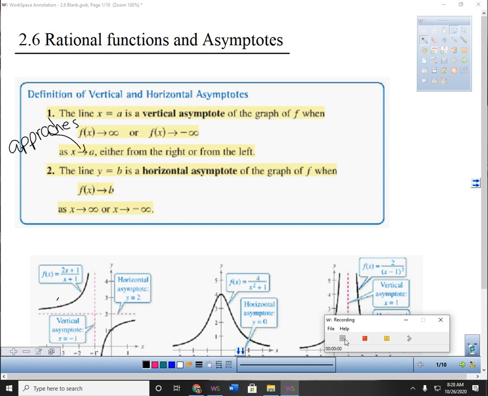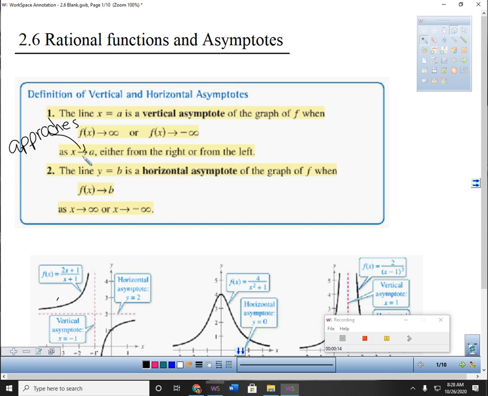All right, so we're talking about 2.6 rational functions and asymptotes. So the definition of vertical and horizontal asymptotes is up here at the top. This little arrow right here means approaches. So the line x equals a is a vertical asymptote of the graph when f of x, or your y value, approaches infinity, or f of x approaches negative infinity, as x approaches a, either from the right or